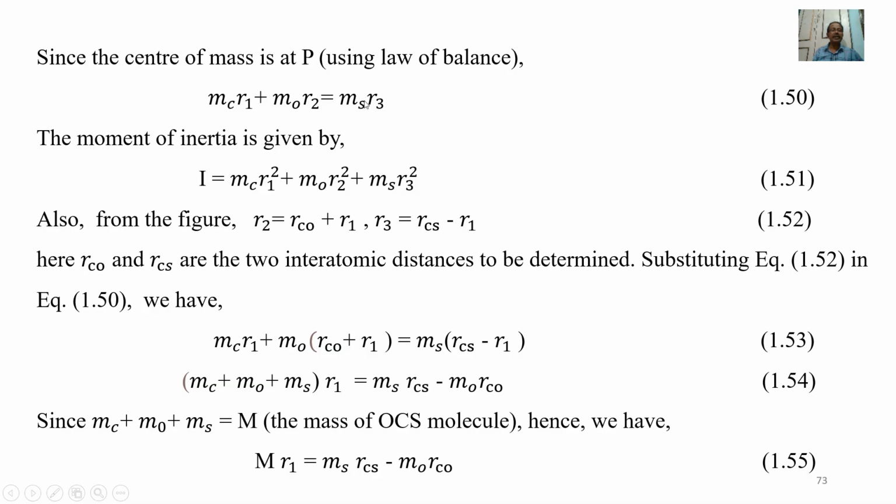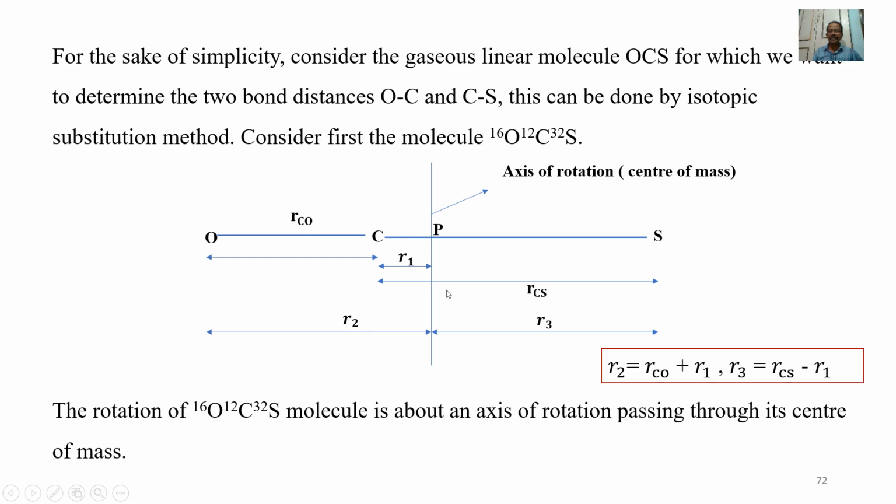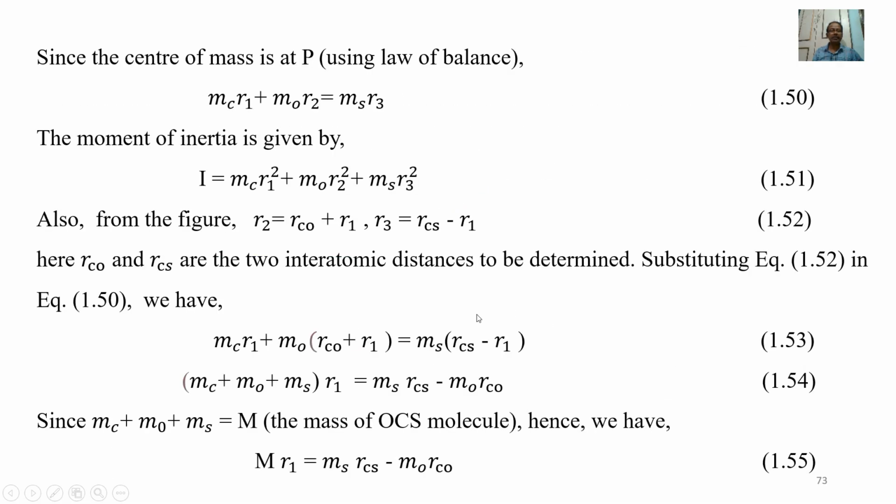The moment of inertia is given by I equals sigma m r squared. So I equals m_C r1 squared plus m_O r2 squared plus m_S r3 squared. From the figure, it is seen that r2 equals r_CO plus r1, and similarly r3 equals r_CS minus r1. And here r_CO and r_CS are the two interatomic distances which we are going to determine. Substituting equation 1.52 in equation 1.50, we have